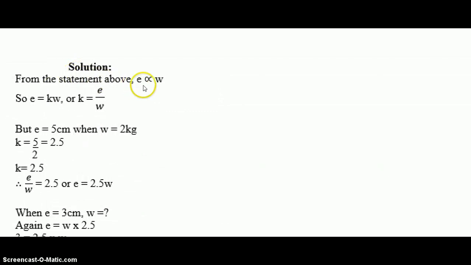Okay, from the statement extension itakuwa directly proportional to nini? To weight. Hiyo ni hatua ya kwanza umeexpress. Manake nini? Tunaondoa proportionality sign. Tunaondoaje? Kwa kuintroduce constant k. Mean that E will be equals to kW. Kupata k tuna make the subject. Kwa tunagawanya kwa W. Kwa unapata kwamba value of k will be equals to E over W. Hii k unapata kwa zile quantity za mwanzo ambazo umepewa value yake. Extension ya kwanza tuliambiwa ni 5 na weight ya kwanza tuliambiwa ni ngapi? Ni 2. Kwa hiyo hii inatusaidia kupata value ya constant k ambapo k yetu tumepata ni 2.5. Maana ukigawanya hapo unapata ni 2.5. Okay, if k equals to 2.5 then tukaulizwa